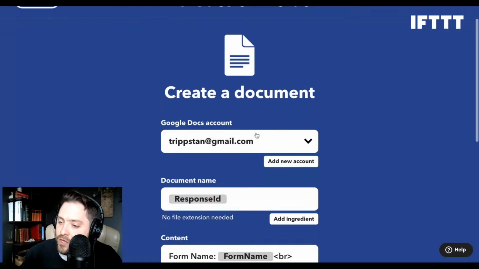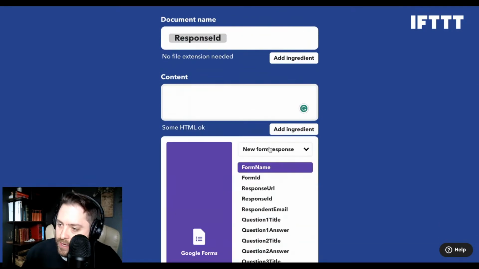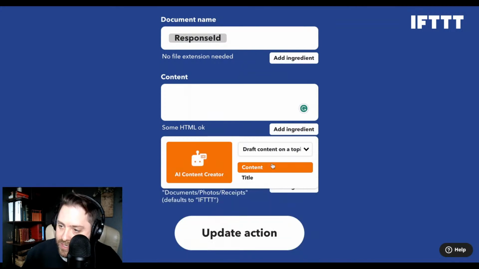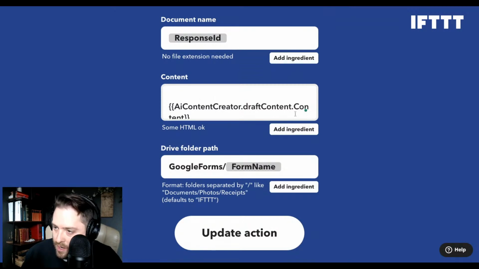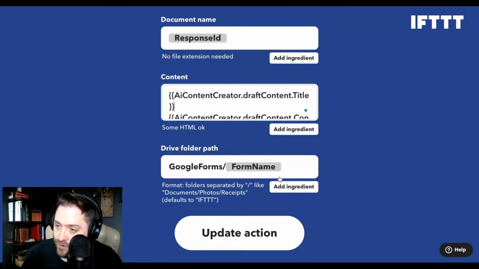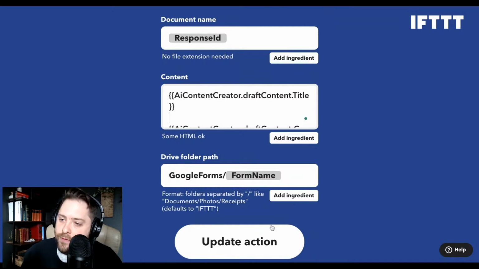We're going to create the document, and the content is going to be the draft content from a topic. So we're just going to throw the whole content in there. All right. And because it's a blog, we can add the title right here. And I know this isn't one-to-one like our WordPress integration because it is in Google Docs, but there are similar questions that you're going to be answering in WordPress about what the blog post is about and then what the title is going to look like.